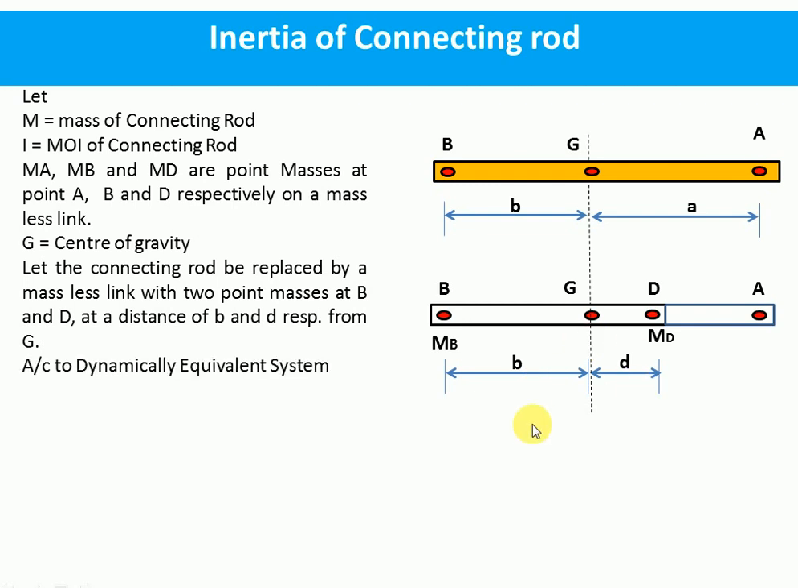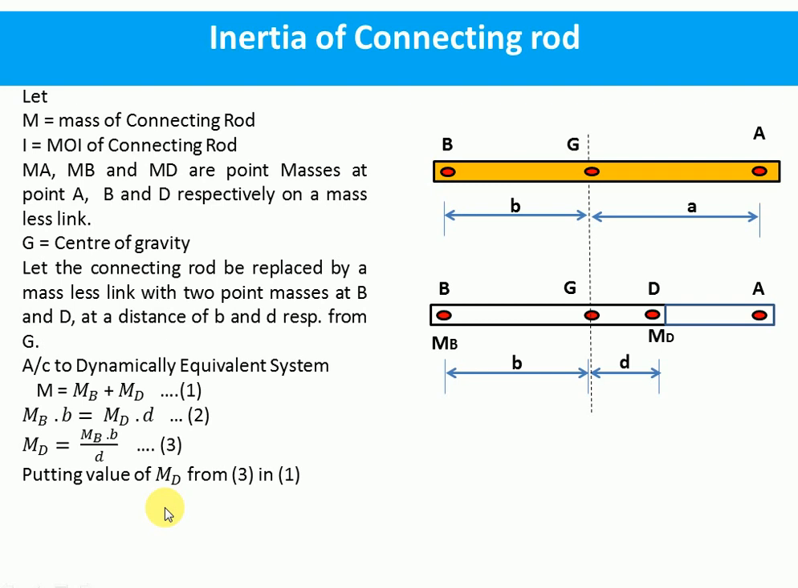So according to dynamically equivalent system, capital M should be equal to MB plus MD. Let it be equation 1. Also MB into small b should be equal to MD into small d. Yes, that is the second condition for dynamically equivalent system. Or we can write MD as MB into b upon d. Put this value of MD in equation 1, that is putting value of MD from equation 3 in equation 1, we get